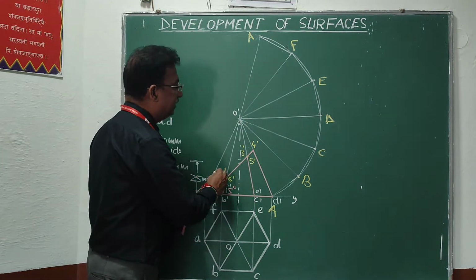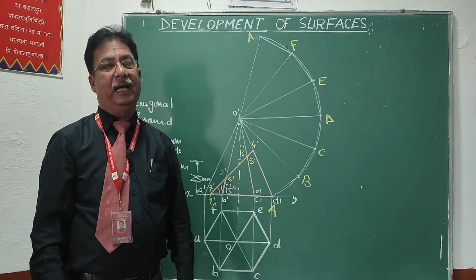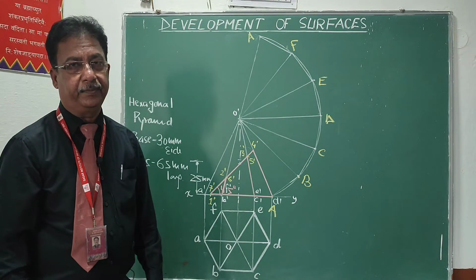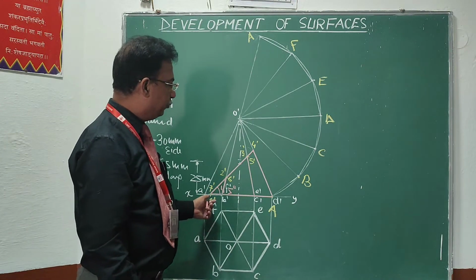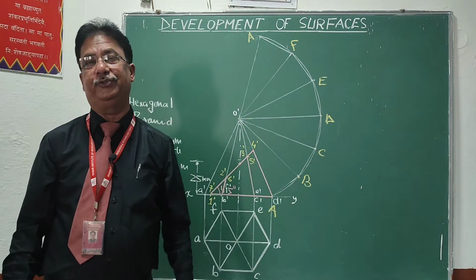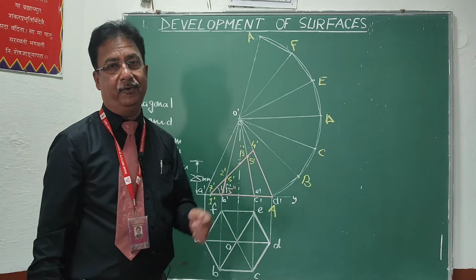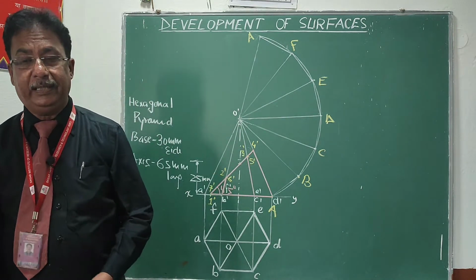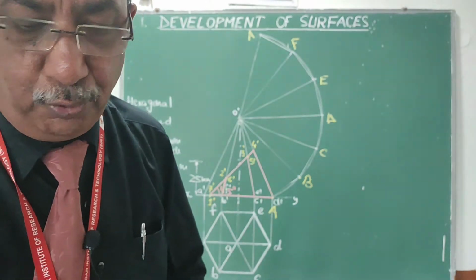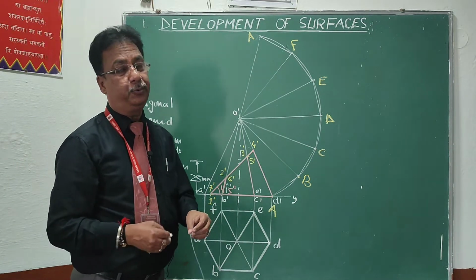If I transfer these 7 points in the development and join those by straight lines, I can get the development of the lower part of this pyramid. For that again I am going to use this method. I already told you that this is the radial line method because we are using the arc. So with the help of the same method I can transfer these points in the development. But again the most important thing will be, as you know, that in the development all the lengths must be true lengths. So I will be careful that I mark all the points by true distance.